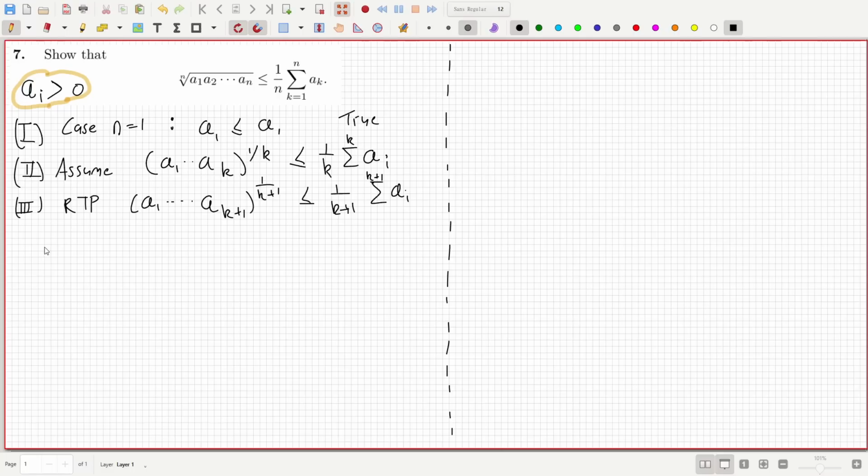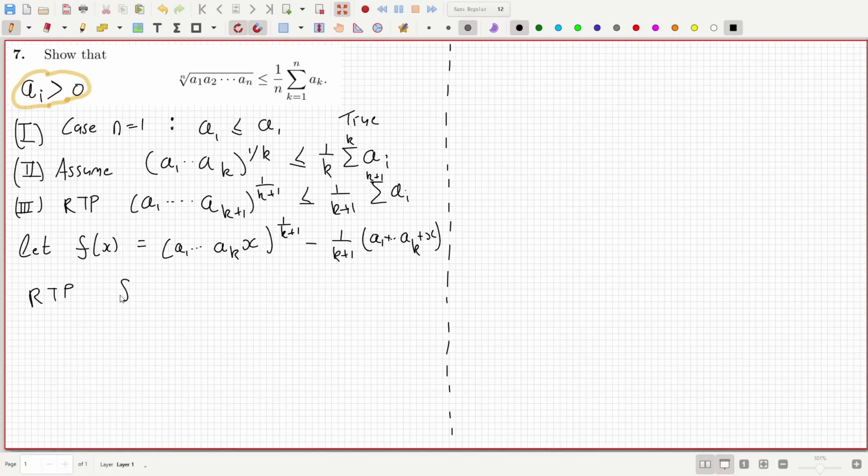Now, the way to do this, what you can do is you can say let f(x) equal, replace a_{k+1} with x, minus 1 over k plus 1. And actually, maybe just to make it a bit clearer as well, it's a1 all the way up to ak, plus then the x at the end. So that means we would be required to prove that f of a_{k+1}